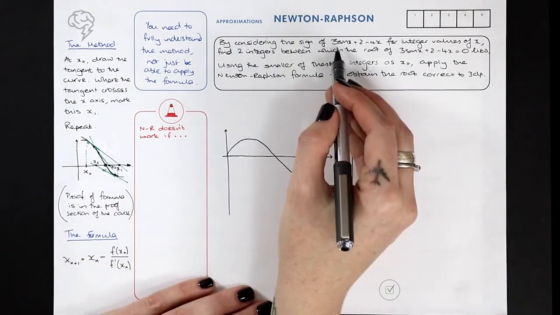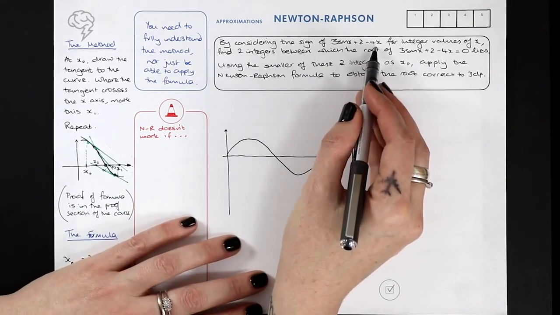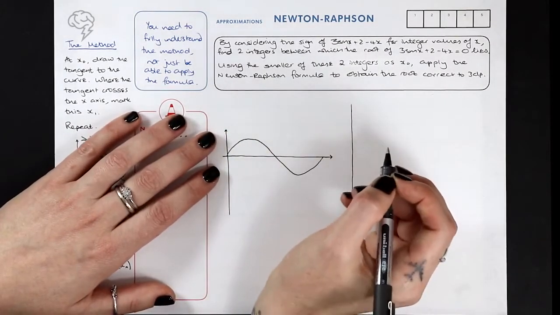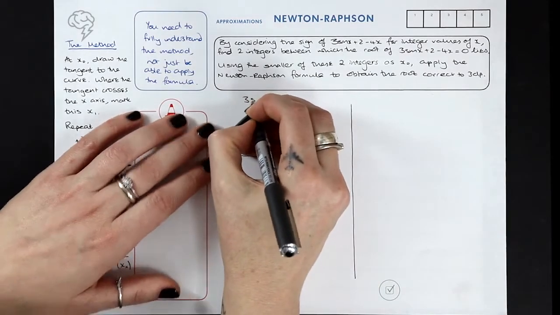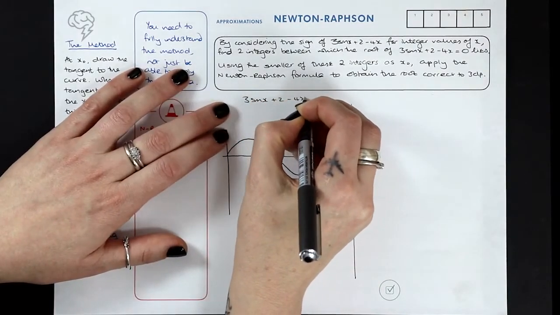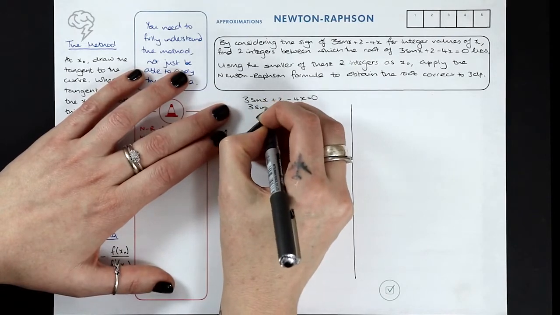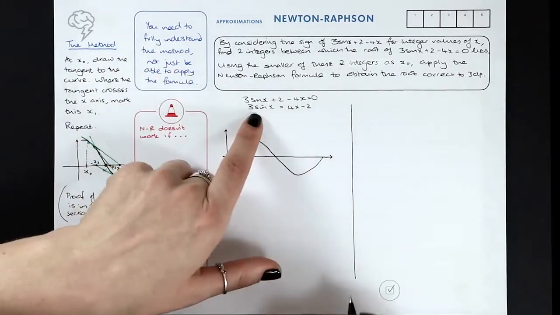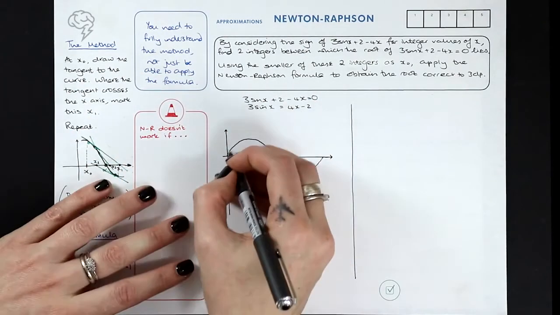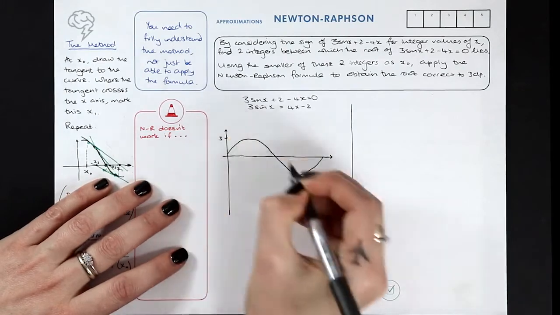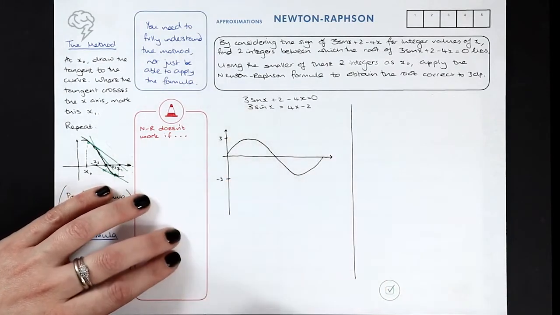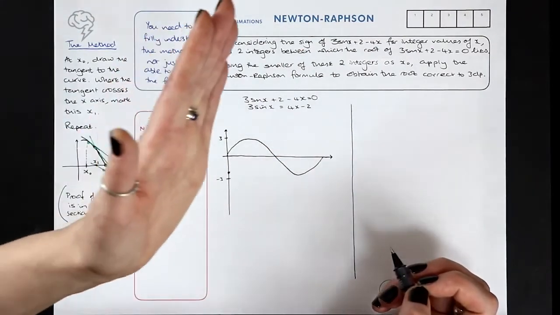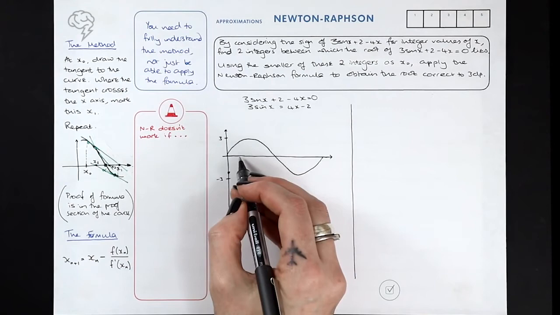So we've got this function 3 sine x plus 2 minus 4x, and we're trying to find the roots of it. Now, I have no idea what that looks like, but if 3 sine x plus 2 minus 4x is 0, then 3 sine x will equal 4x minus 2. And I do know what those look like. So 3 sine x looks like this. It goes up as far as 3, and it goes down as far as minus 3. And 4x minus 2 goes through minus 2, and it's got a gradient of 4,